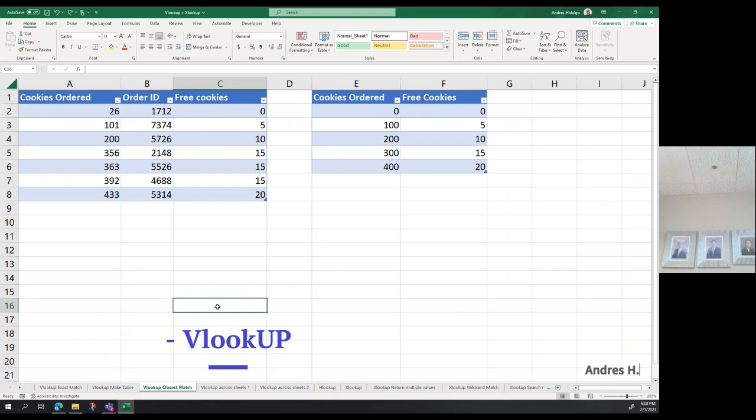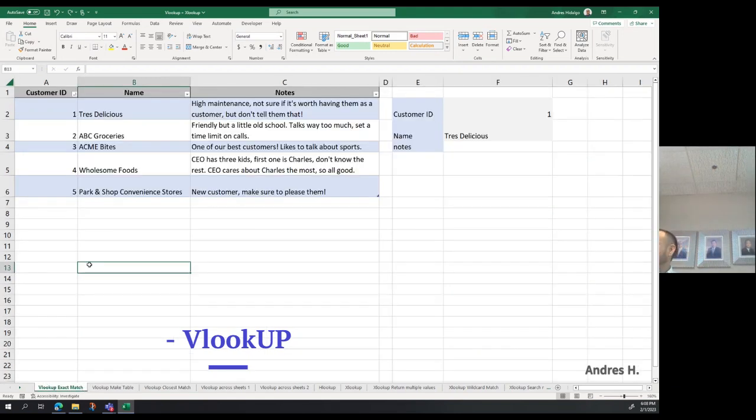We realize in that exercise that the VLOOKUP with the approximate match goes from 100 to 199, 5 cookies. From 200 to 299, 10 cookies. So any number, even if it's not the exact match, you can bring the result. This is a good example to use the true. Yeah, it is. But most of the time you want to have the exact match,